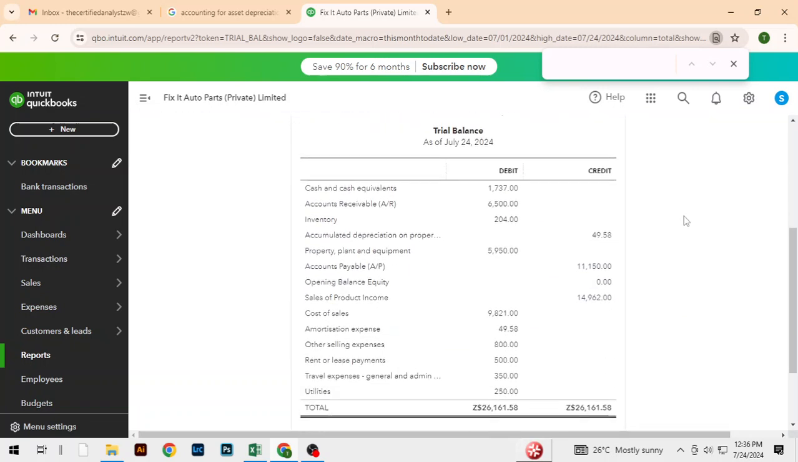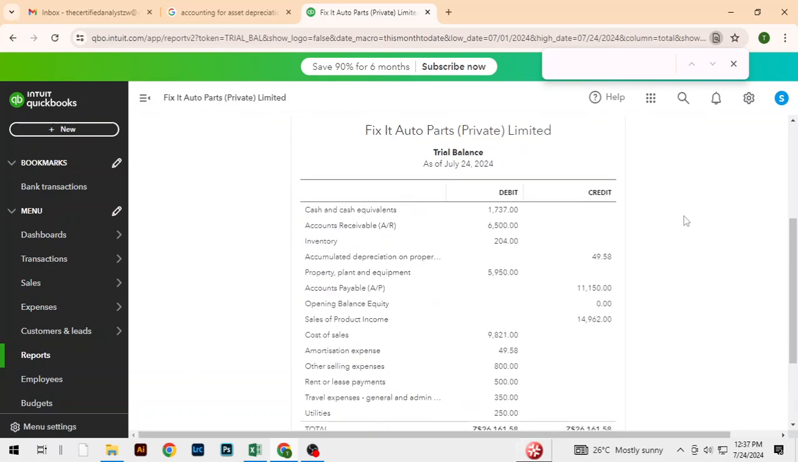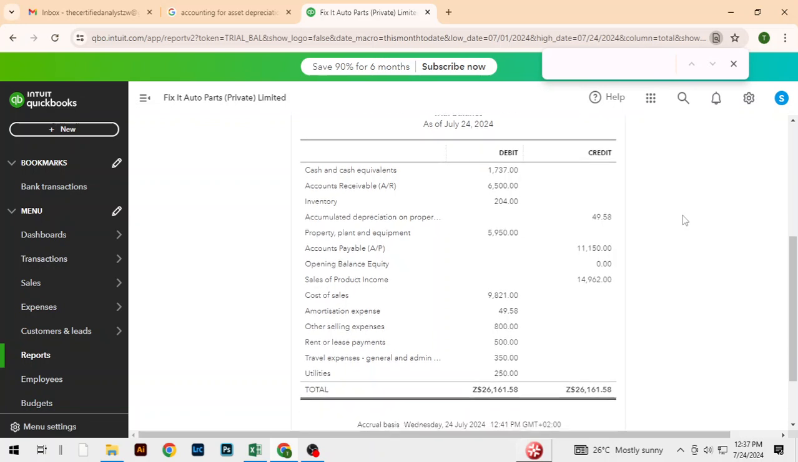So here we've got the trial balance, right? The trial balance must balance at all times before you can create any financial reports. Here we've got the cash and cash equivalents. This is the current balance that we have. Accounts receivable, this is the balance that we have. Inventory, accumulated depreciation, here it has a credit balance. So it is very key to understand that